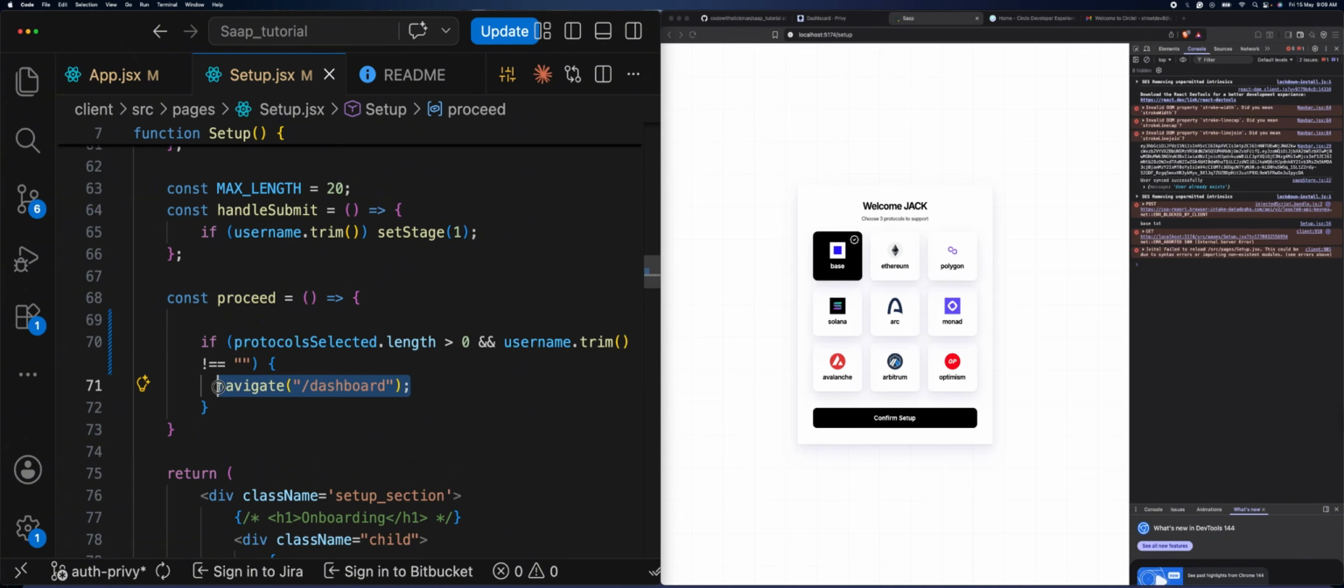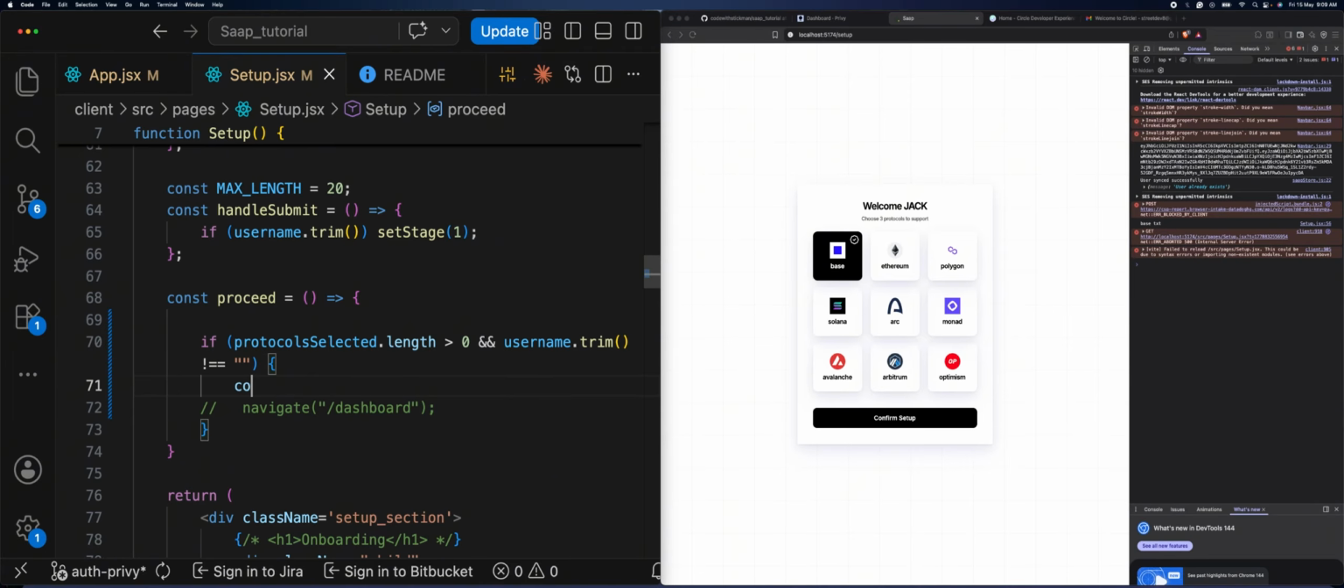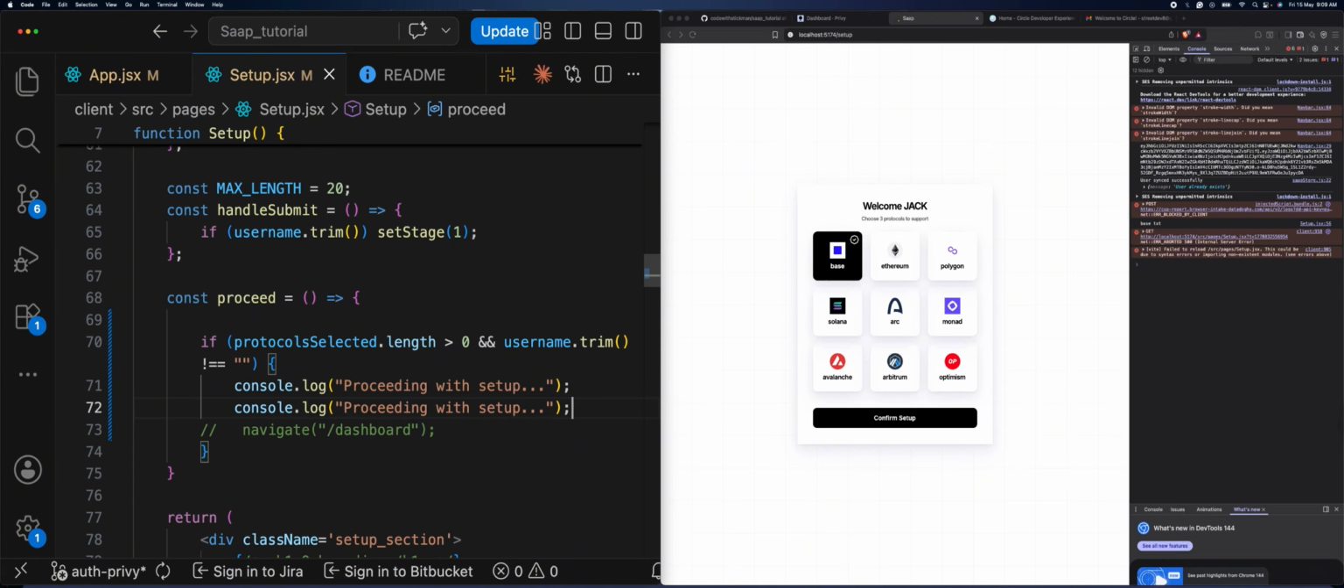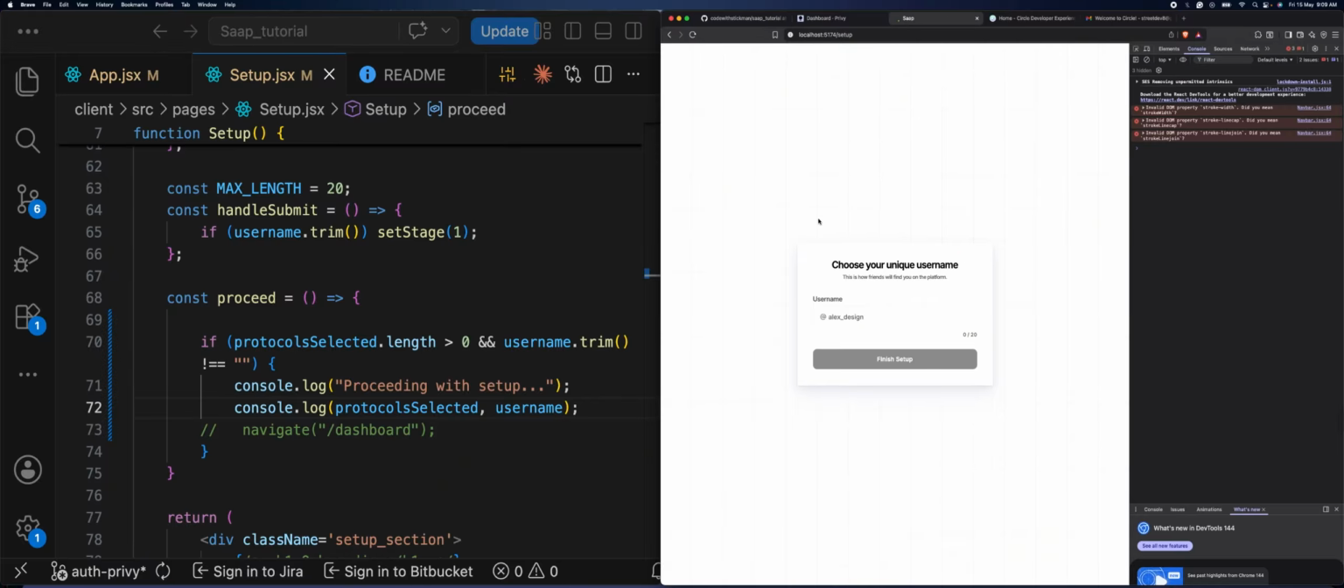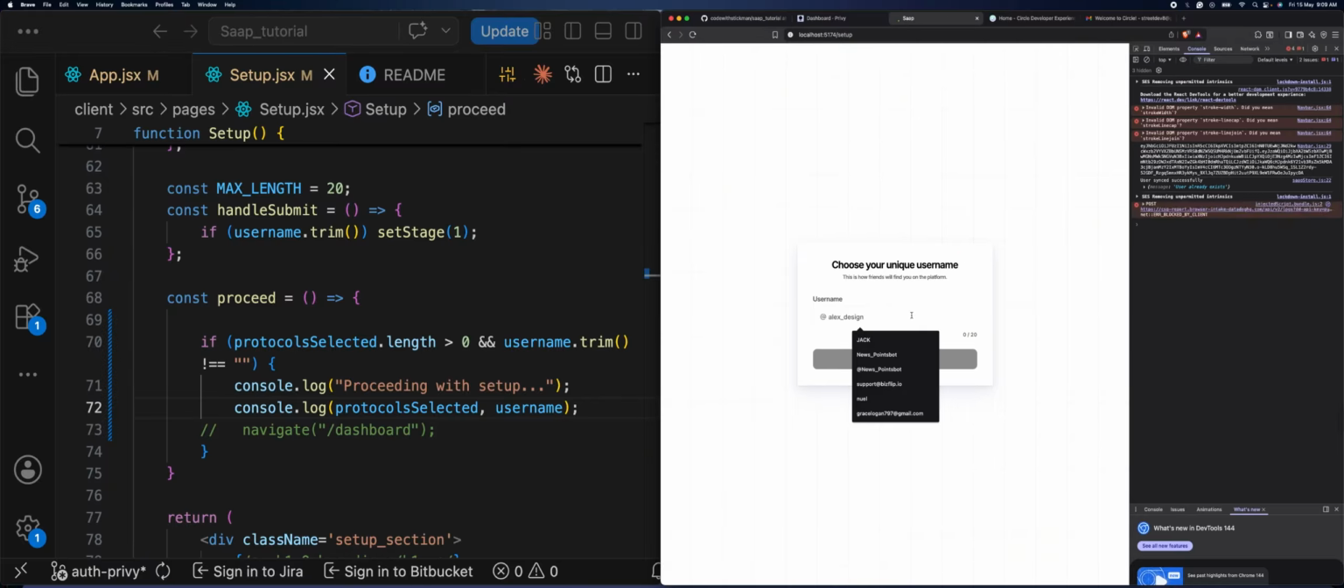So let me just log out both instead of navigating. I'm going to log out both of them. Protocol selected, and then username. Okay, confirm. And you can see it's saying base and jack, base jack. Do this. So we'll be saving the username to the protocol,